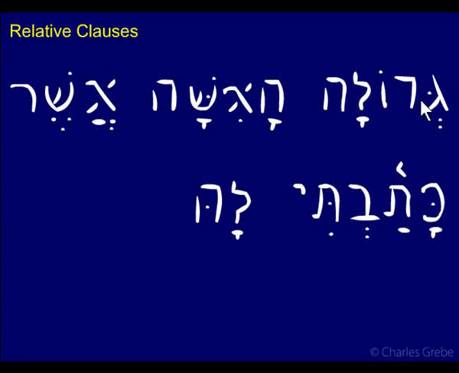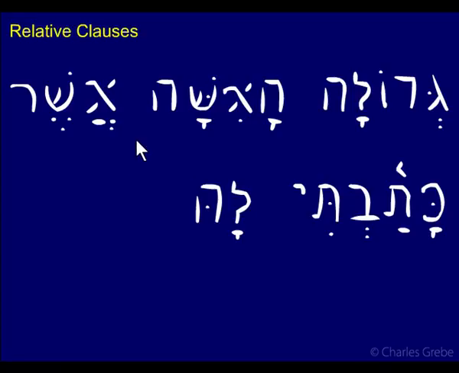There's no hey on the beginning here, and there is here. And it precedes the noun. This is all by way of review. So we know that this is a predicate adjective. Gedola means great. Great is, verb to be implied, great is the woman. So that's our main sentence. Well, which woman are we talking about? Great is the woman